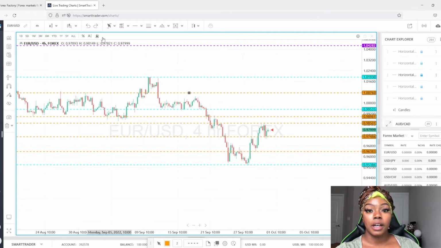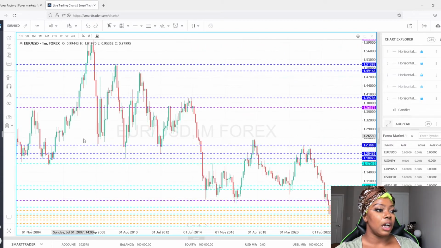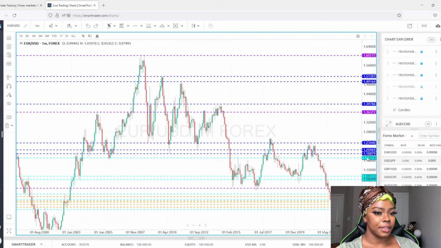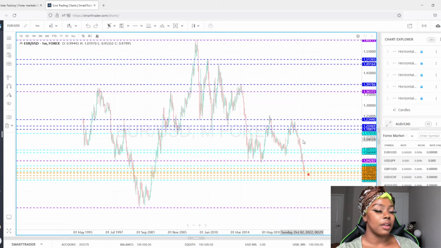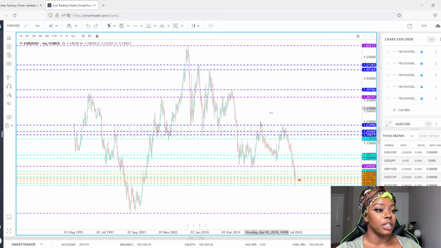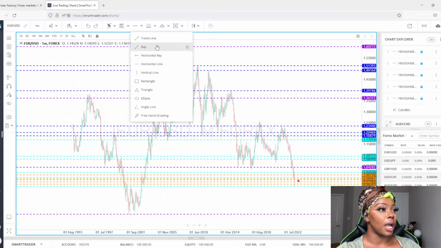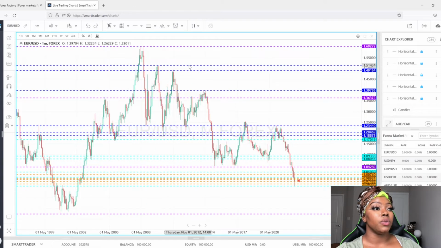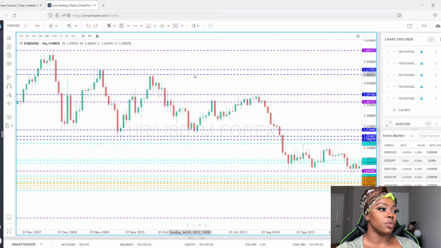So now that I have gotten all of my support and resistance lines, I'm going to go ahead and do my trend lines. Basically, I am going from the highest high. Well, I want to make sure I get my directional bias correctly. So I am going to go from the monthly time frame, and I'm going to work my way down. Now, when I'm doing my trend lines, I do go from a swing high to a swing low. And just to show you an example of what a swing high and swing low looks like,